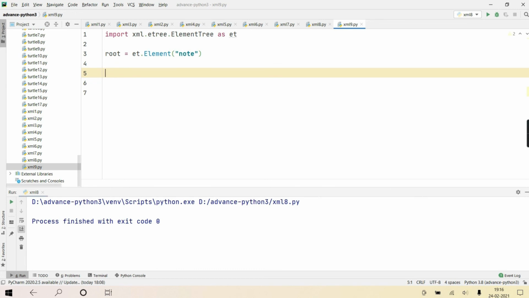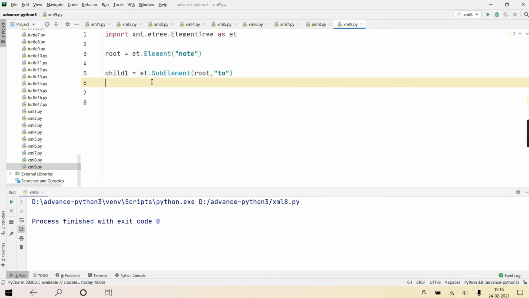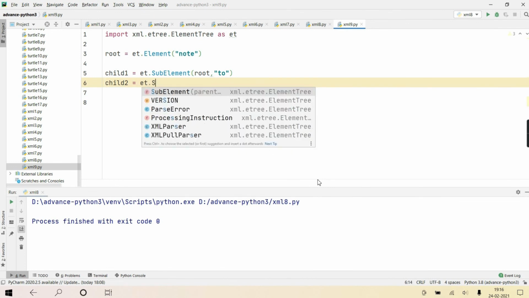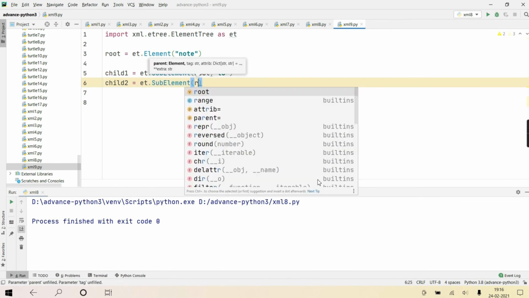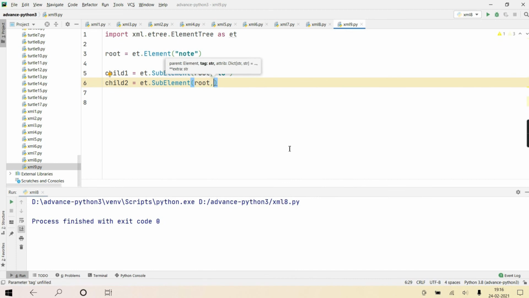So my root element's tag name is note. Okay? Then I'm creating the first child, suppose child 1, which is ET dot SubElement. Its parent is root, and the name of the tag of this created child is to. Okay? One more child I'll create. It is also the child of root. The only advantage of SubElement is that while creating, you are telling it is the child of whom.